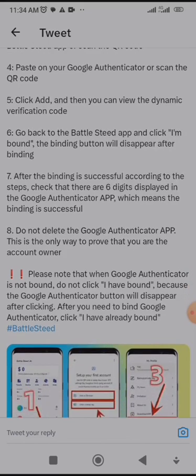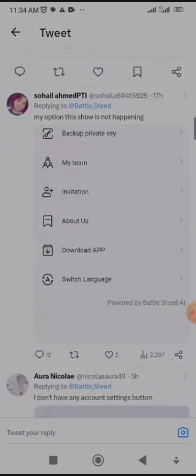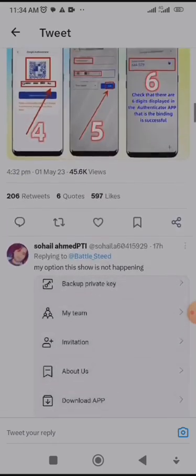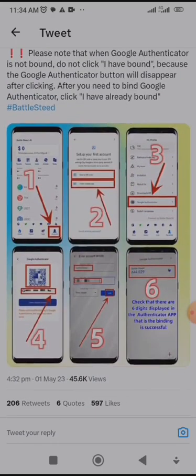Please note that Google Authenticator is not bound. Do not click I have bound because the Google Authenticator button will disappear after you need to bind Google Authenticator. Click I have already bound. Okay, so I'm going to put you through this process so you don't make a mistake. That is the purpose of this video for those who have been through my referral